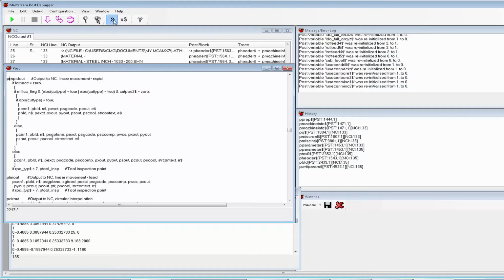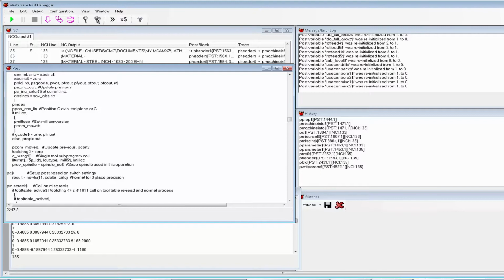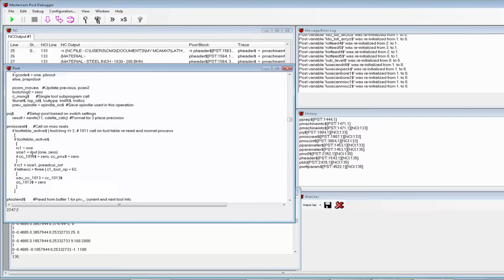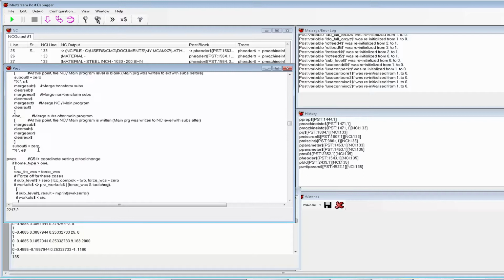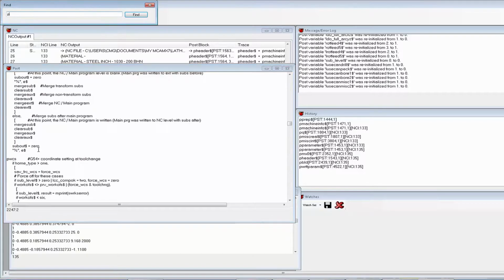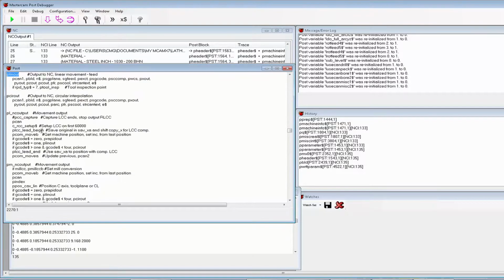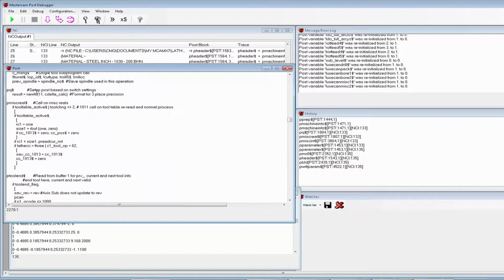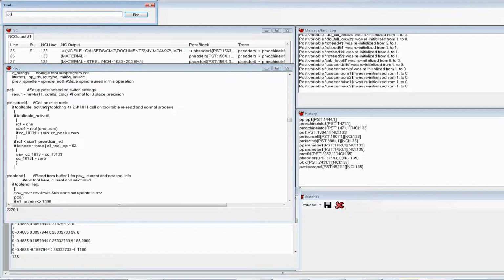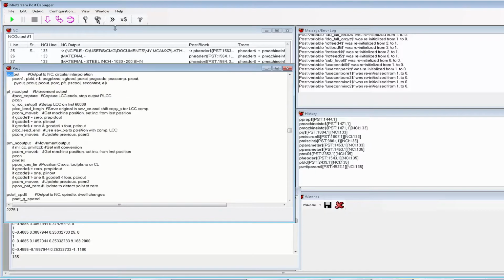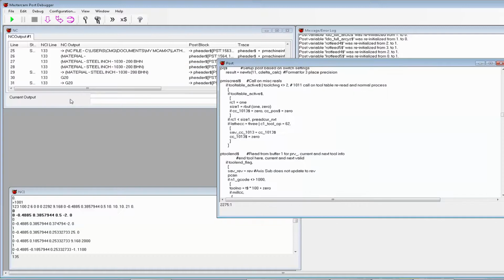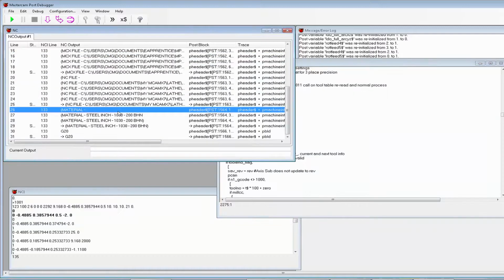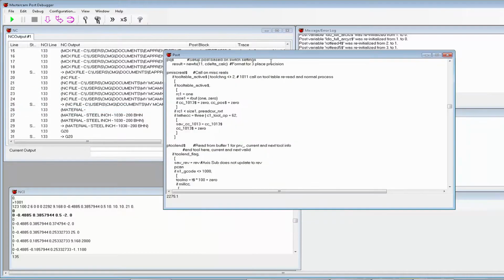And I'll put breakpoints on each one of those. Breakpoint there. And a breakpoint there. And what we're doing with these breakpoints is looking to see what's happening when we're reading